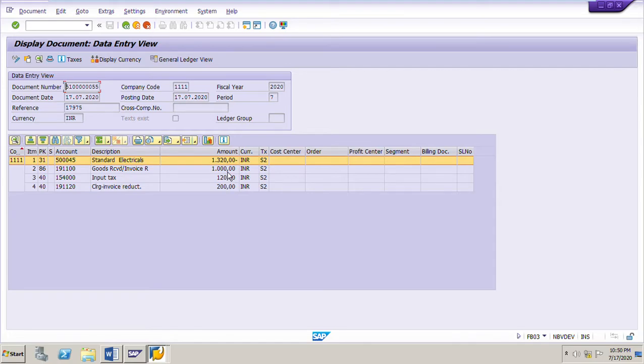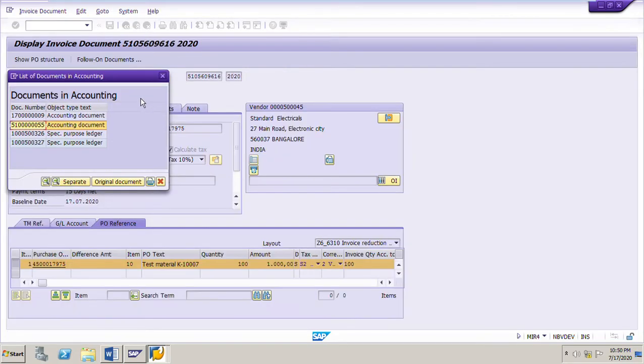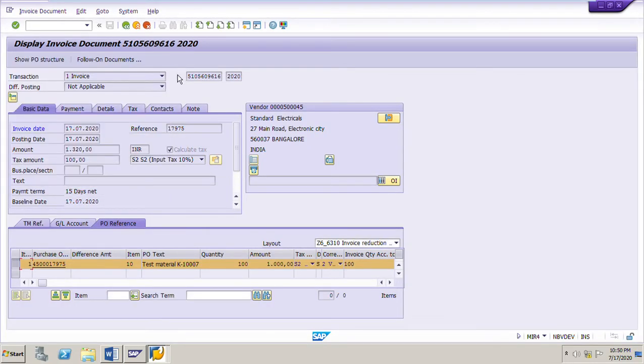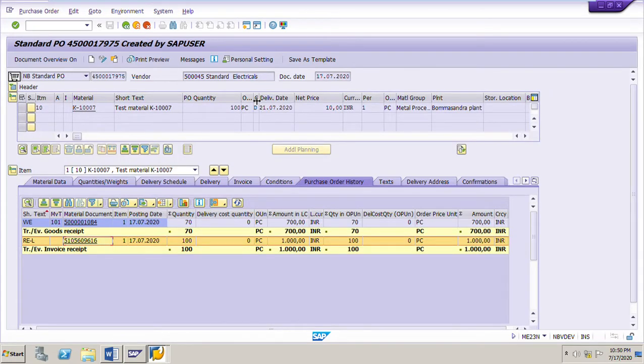This is for the money we have cleared to the vendor, that is 1200, and 10% of 1200 is 120. 1200 plus 120 is 1320, and the 120 is the tax for the amount we have cleared to the vendor, which is 1200. So this is about the accounting documents for the invoice reduction: two accounting documents, one for the main invoice document, the other for the credit memo.